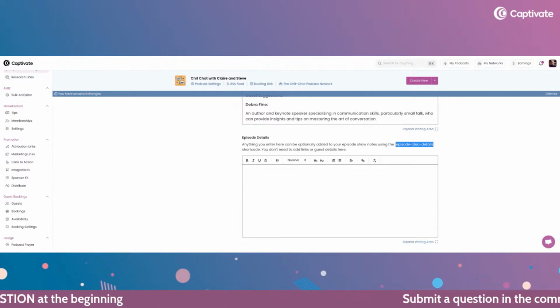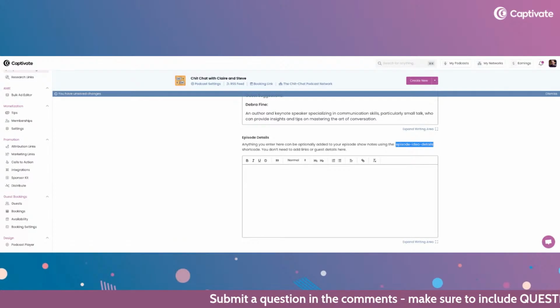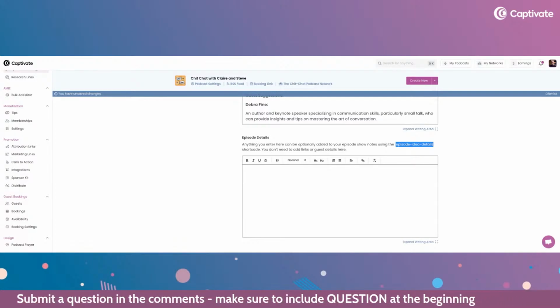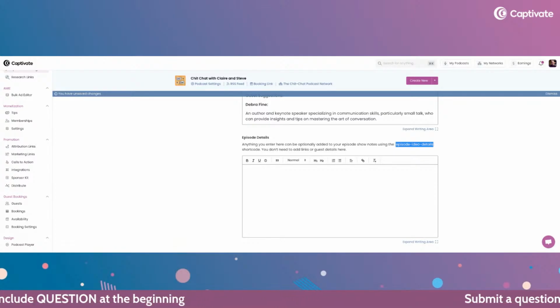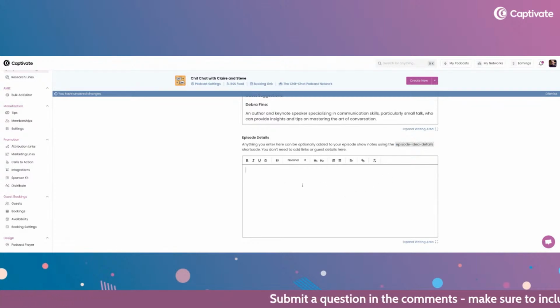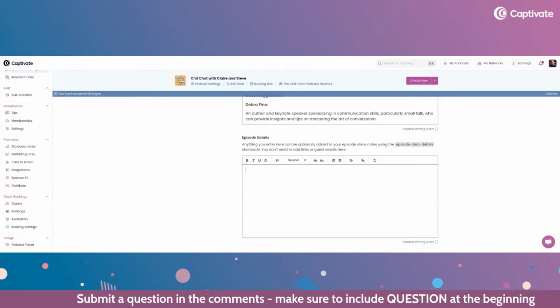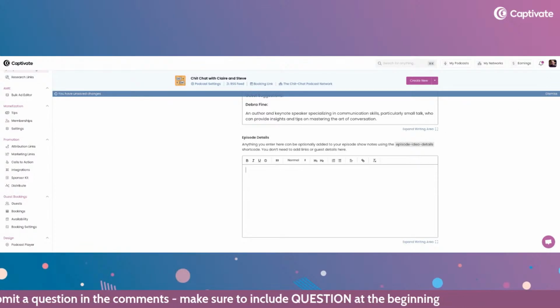But this is a great way to create some of your show notes already, ready for when you actually come back to publish the episode. We'll fill out some of the details already in your show notes section, so you don't have to copy paste them from previous notes on Notion, Google Docs, etc. So anything you add down here will be going into your show notes if you convert this idea to an episode. So let me just quickly show you what that looks like.